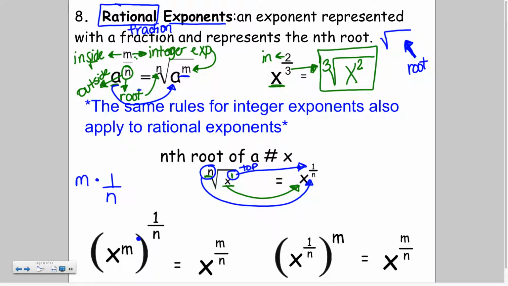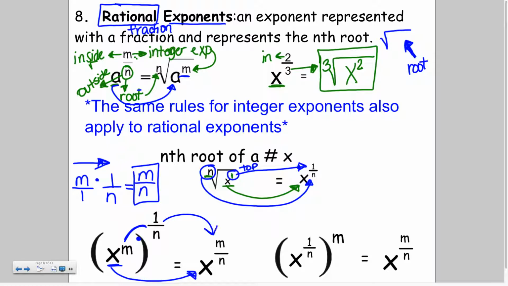Now, remember that whenever you have a whole number, it's over 1, all right? Now, when I'm going to multiply a fraction, I multiply straight across, okay? That's how we multiply a fraction, so m over n. And that's what my exponent would be. I would keep my base. I would take and multiply these two, and that would give me my m over